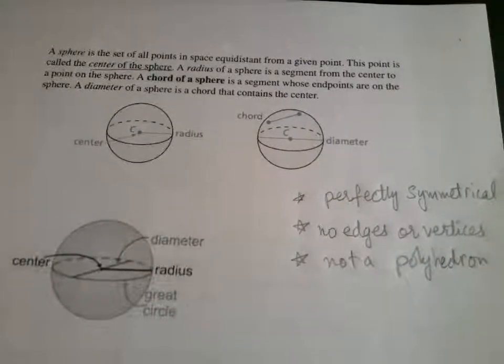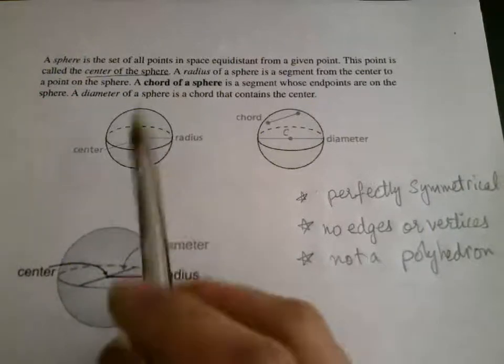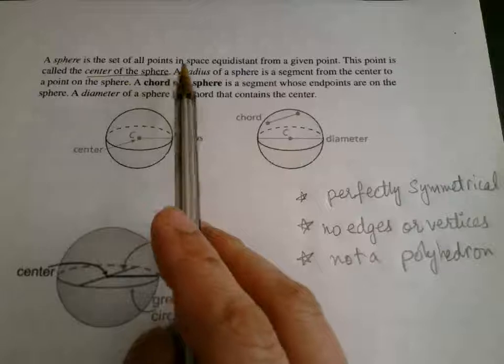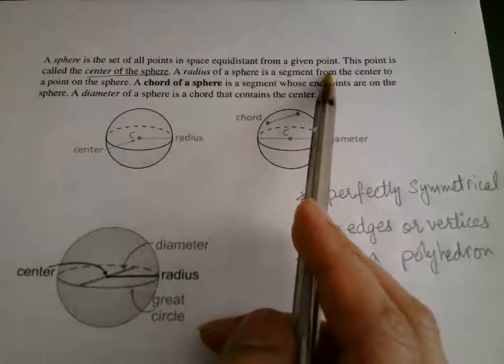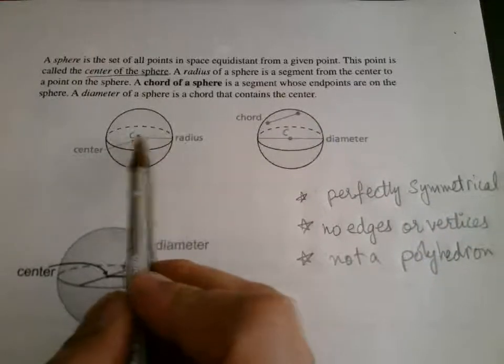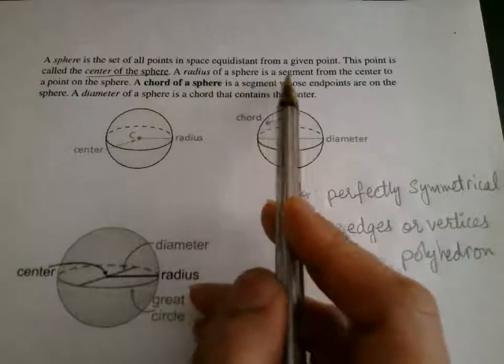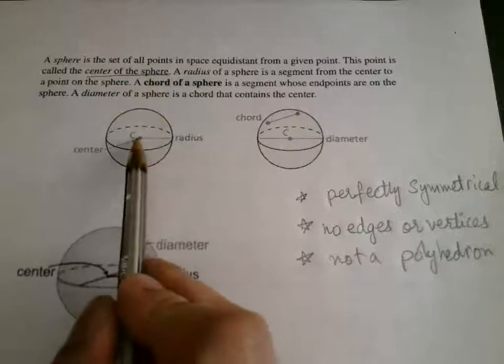Okay, let's discuss spheres. What are spheres? A sphere is a set of all points in space equidistant from a given point. This point is called the center of the sphere. A radius of a sphere is a segment from the center to a point on the sphere, just like the